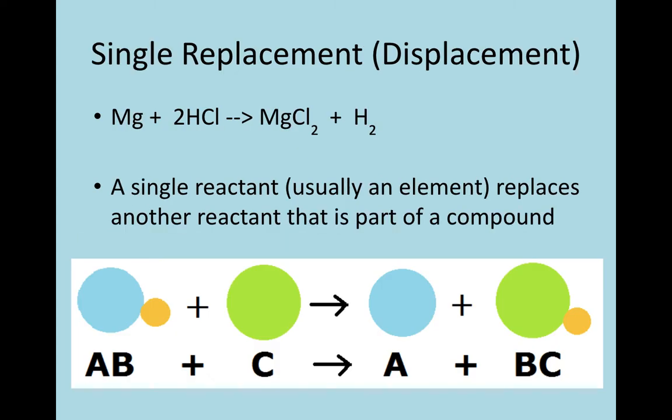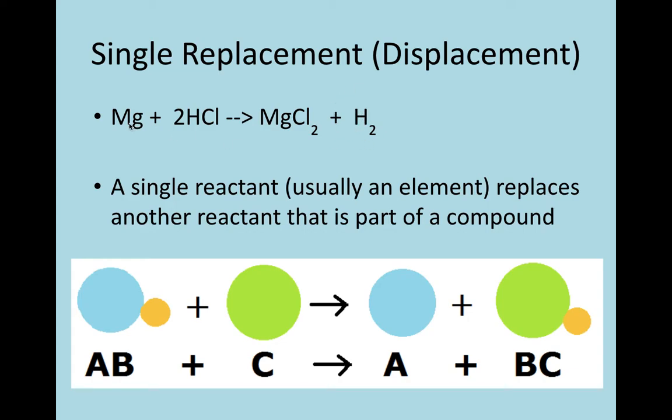The third type of reaction is single replacement or displacement. Now in some places you'll see the word replacement, other times you'll see the word displacement. It doesn't matter which word you use. So in single replacement, you're going to have a single element on the left and a different single element on the right. So we have magnesium on the left here, and we're going to end with hydrogen on the right